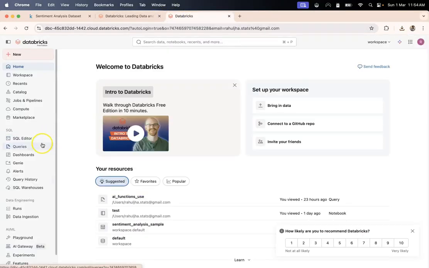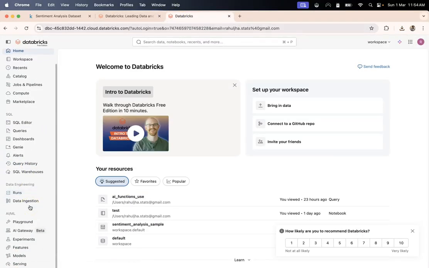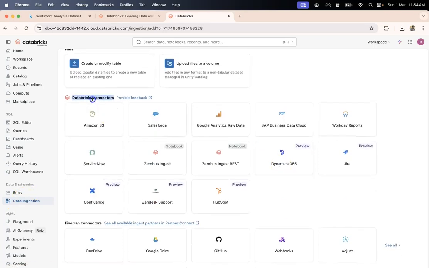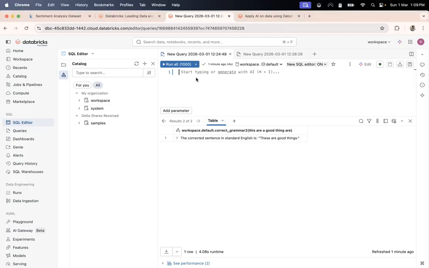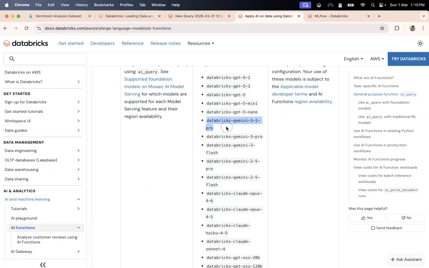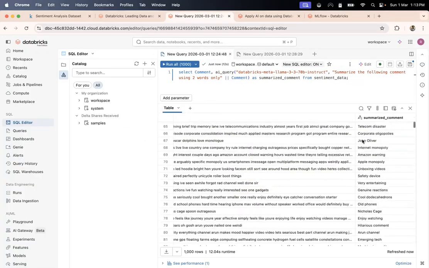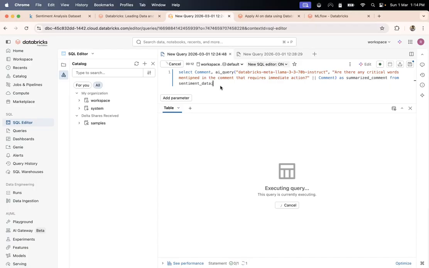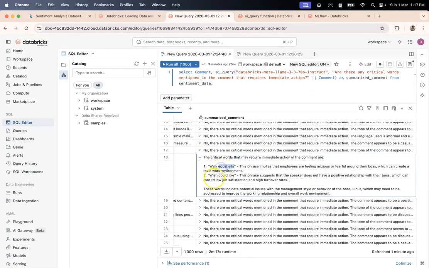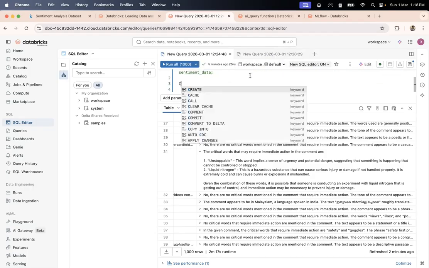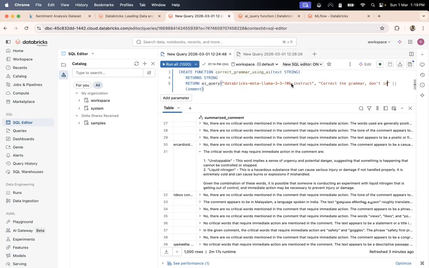In this 1 hour masterclass, we are going end to end. We will download a Kaggle sentiment dataset, ingest it into Databricks, use built-in SQL functions like AI analyze sentiment, AI classifier, AI fix grammar, AI extract, and the most generic and powerful AI query. And then we will do something most tutorials don't show. We will use AI query with a schema to extract structured JSON output directly from a language model.